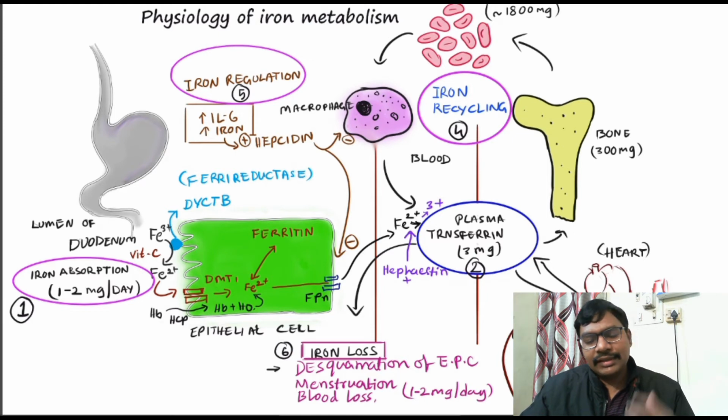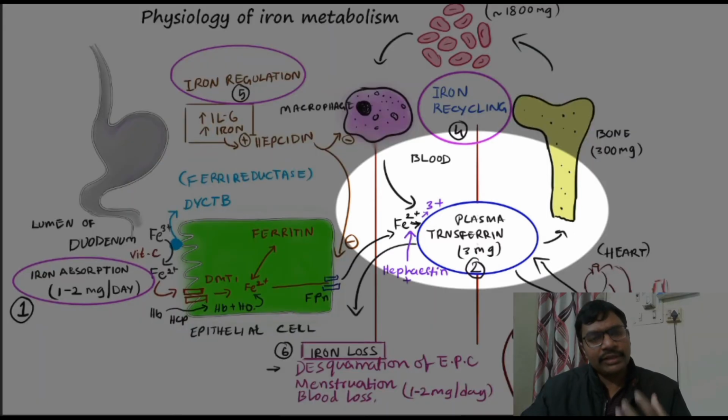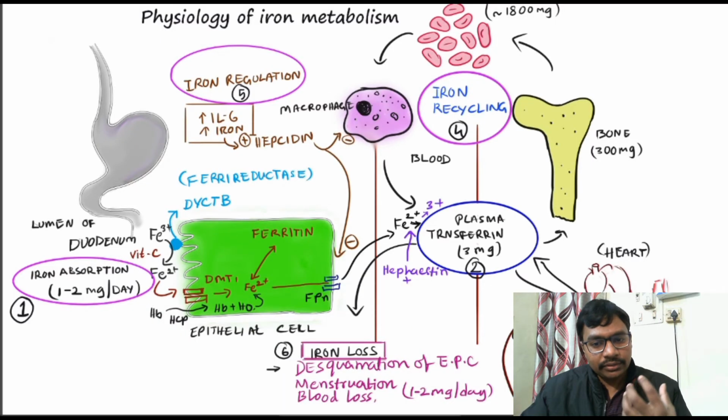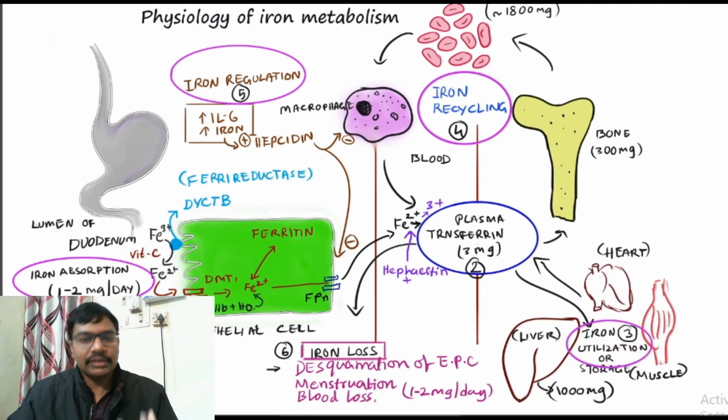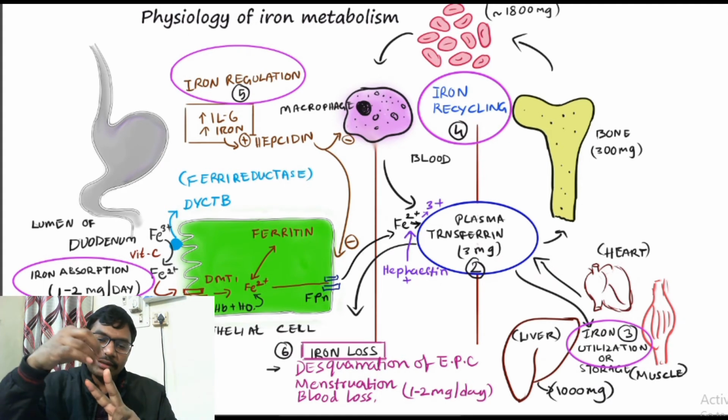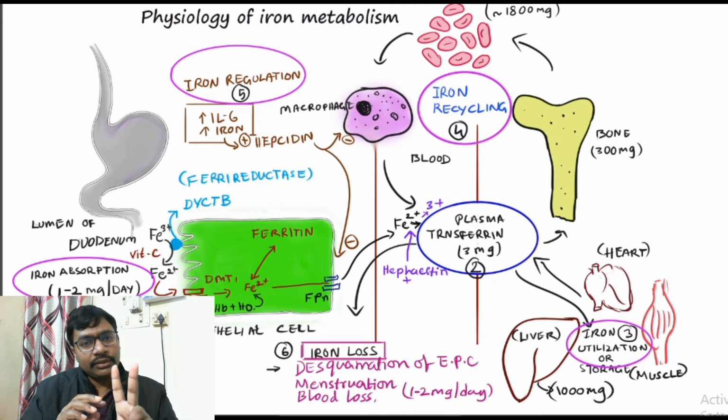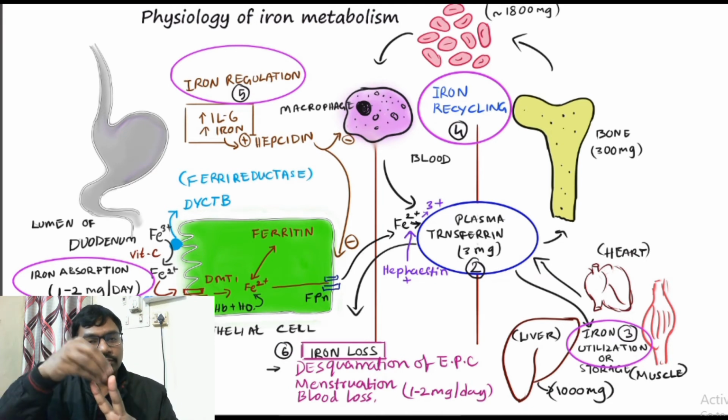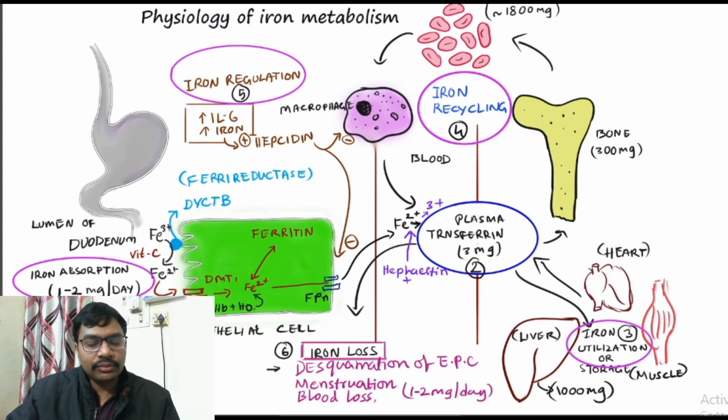So this transferrin is the protein which carries the iron, iron to the bone marrow, iron to the liver and muscles. So this is a carrier of the iron. The transferrin is a protein that has two hands. One hand binds with one ferric ion, the second hand binds with the other ferric ion. Therefore the transferrin receptor binds with two metal ferric ions.